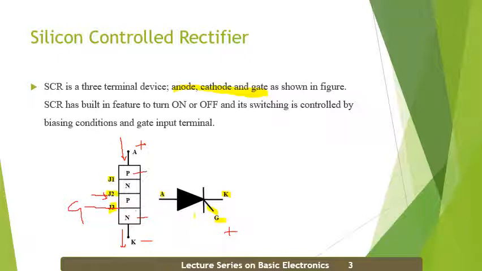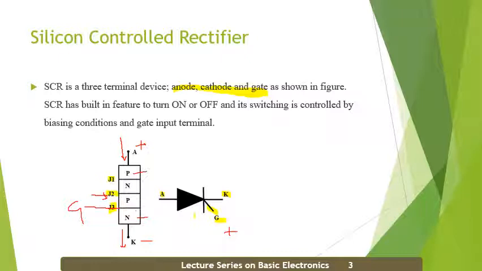When the SCR is turned off, to turn it on, I need to provide a gate voltage or gate current. Whenever we are triggering this, or whenever we are giving a supply voltage to the gate signal, it is called the firing voltage. And the angle at which it fires, or at which your SCR starts conducting, is what is called the firing angle. So when I have this firing angle, you will be talking about the turning on of the SCR.